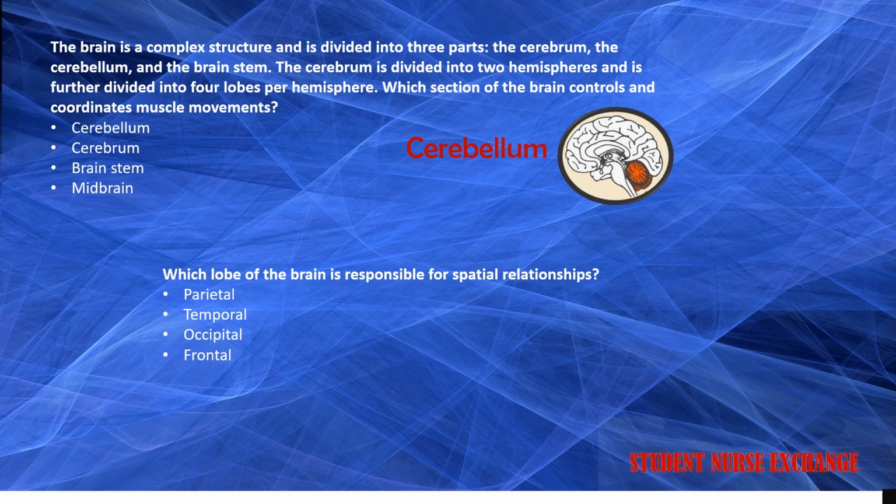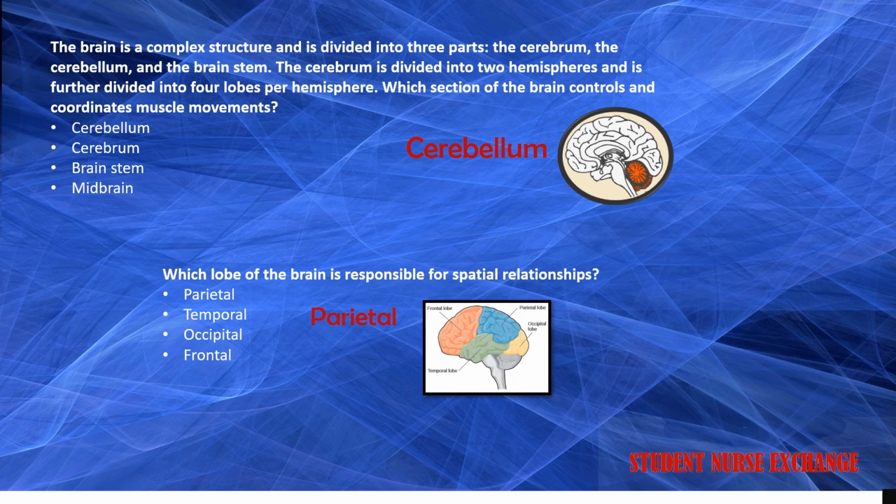and the motor tract does go through it, but it doesn't help coordinate the movement. The second question is, which lobe of the brain is responsible for spatial relationships? So parietal lobe, temporal lobe, occipital lobe, and frontal lobe. And remember, we said there were specific functions for each lobe, and the answer for this one is the parietal